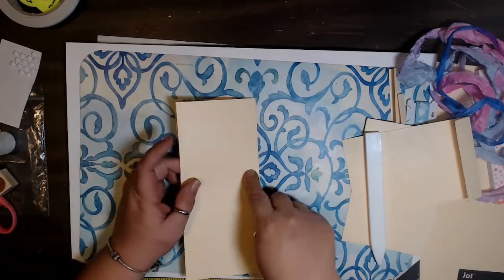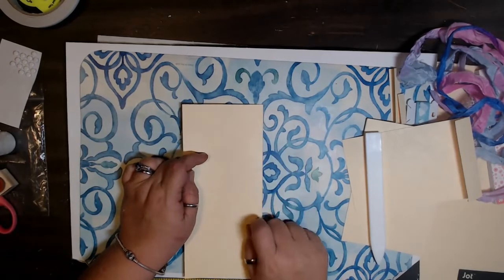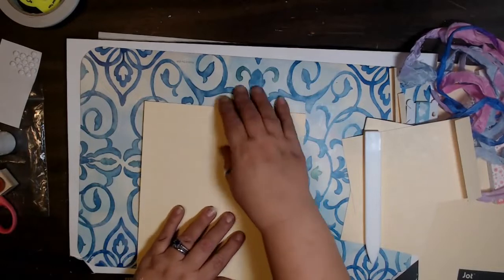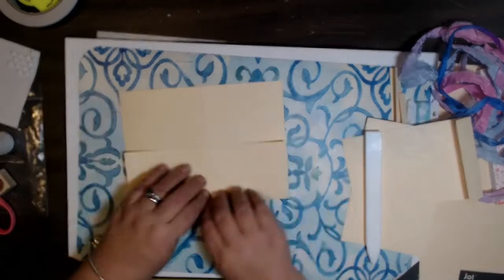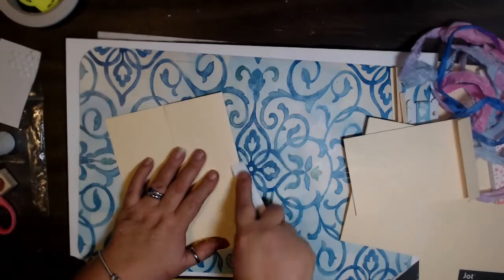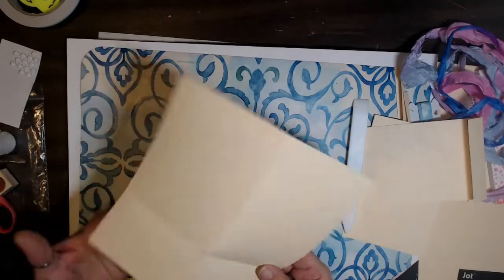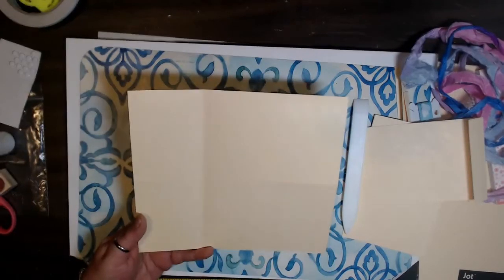Now we get to the piece that's 4 inches wide by 9 inches long. You're going to fold the center score, and then you're going to fold the little 3-inch fold and score that. Then with the 3-inch piece on the side, on the left side,